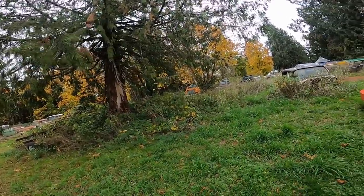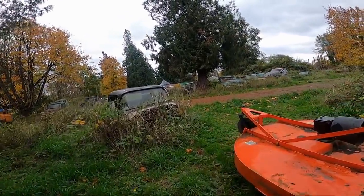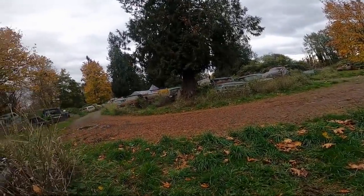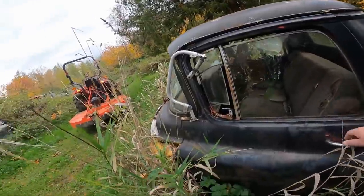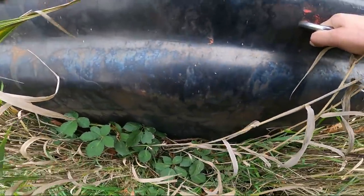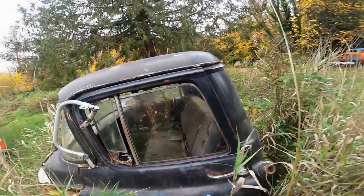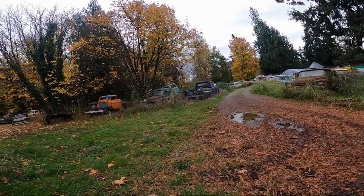Well, I hate to do it, but I got to take a look at this one. There was a reason I was hanging on to this, but right now, dang it, that's the reason I was hanging on to it. It's a piece of